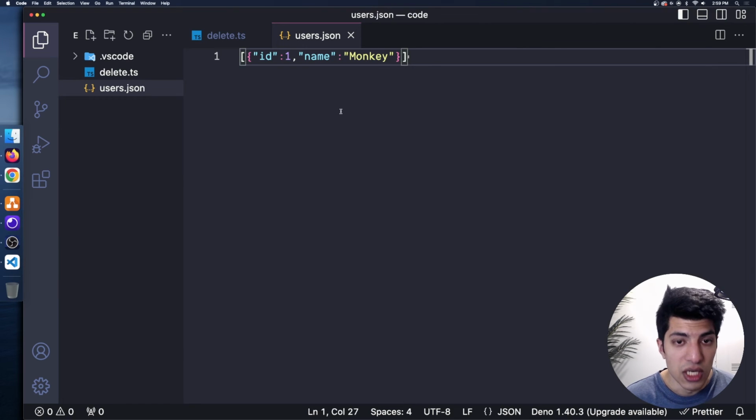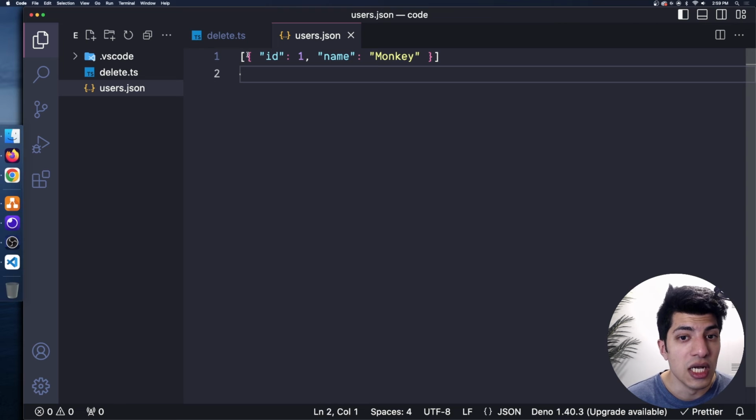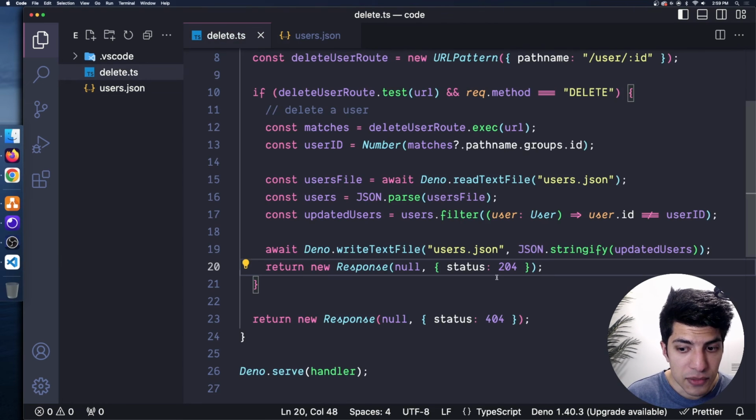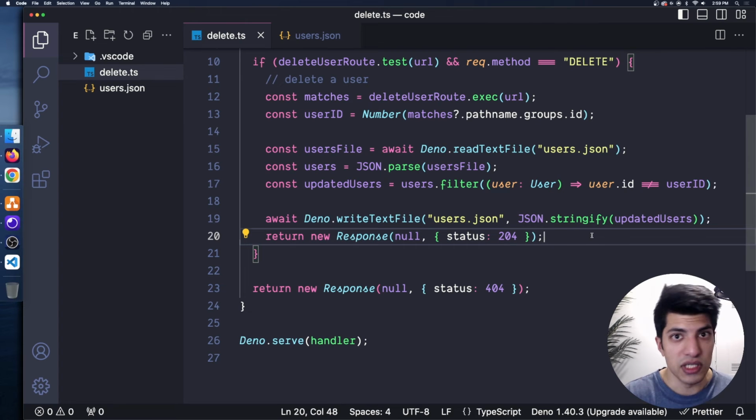If I go back to my user's JSON file, you can see now it has been updated to only have that singular user in there. That second user of banana is now gone. Okay, so we are not usually sending back the data because we've deleted the data, and the client kind of